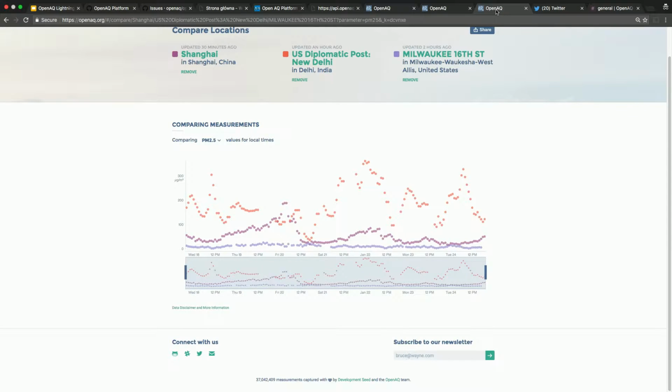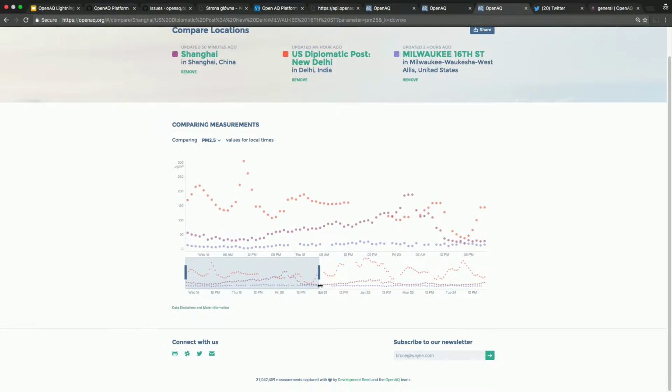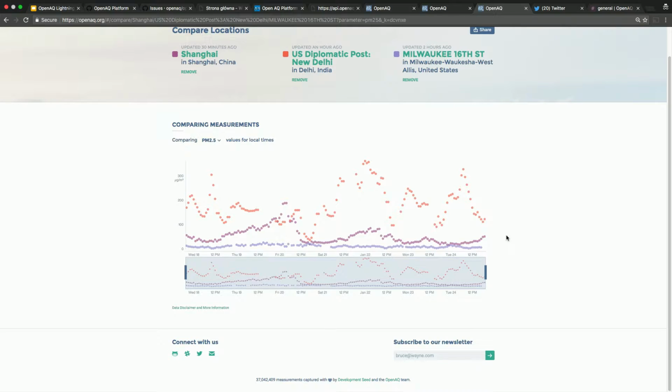And then there's also comparison. So I pulled up three: Shanghai, where I just got back from, and Delhi, and then the US. And you'll notice this is the air inequality thing. But this is a JavaScript meetup, so it's not just vaguely related. This is D3, and the coolest part is OpenAQ.org is all React. I've just jumped into it recently, but that's sort of what I've been working on, and there's some really nice stuff in terms of D3 for comparison, and then with the mapping,